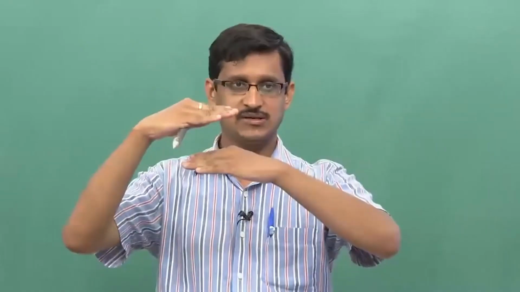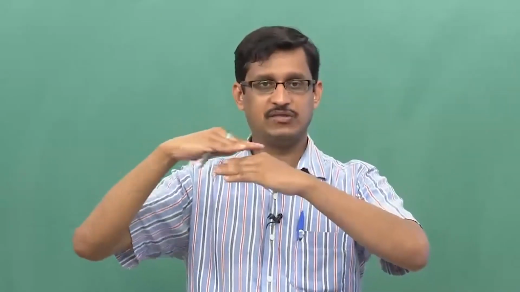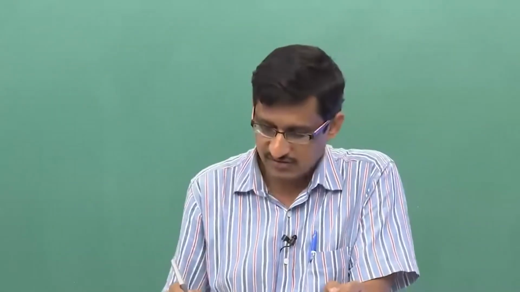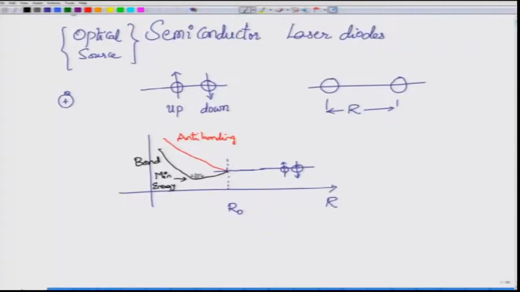This is the total energy that is available, and you split it into 10 to the power 23. The spacing is going to be so small that for all practical purposes, you can simply consider it to be a continuous quantity. So, you end up replacing this discrete energy picture by a band of energy. Let me try and see if I can draw a band. No, I can't do a band here. So, you can see that I am filling up the entire region over here, indicating that this is actually a band. It is bounded between the bonding and anti-bonding levels, but this has essentially become a band of